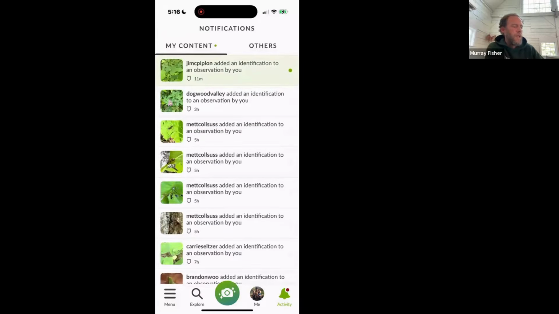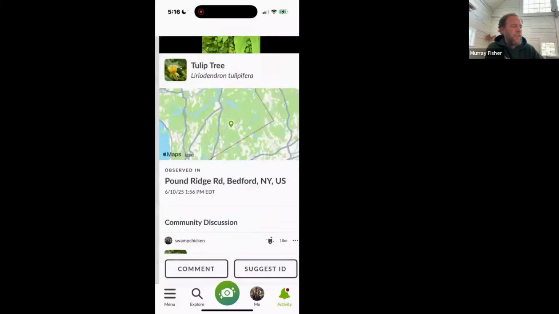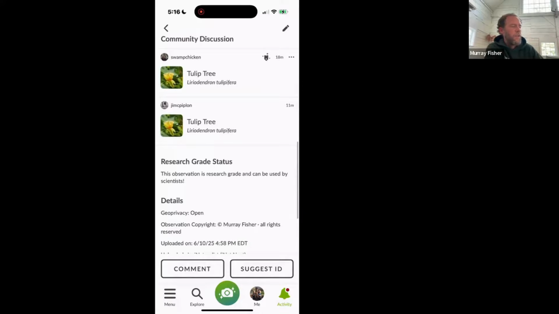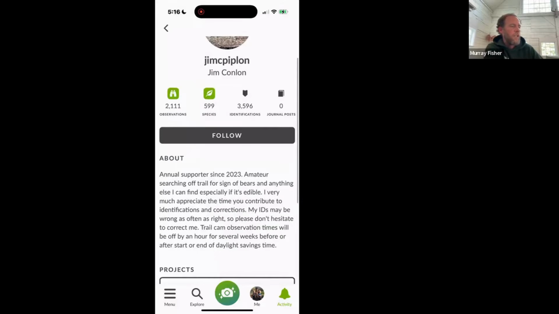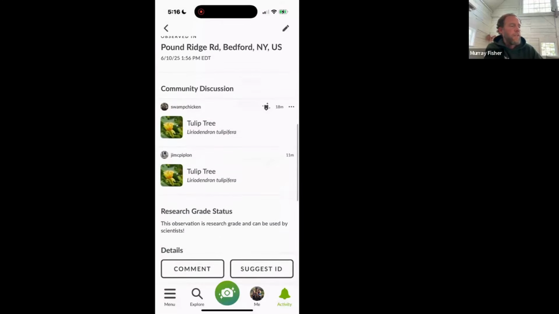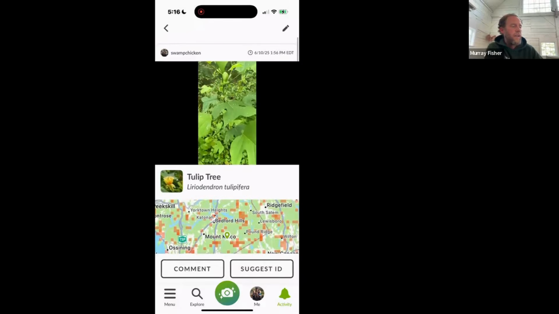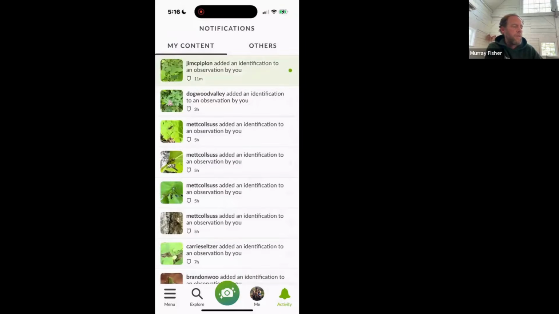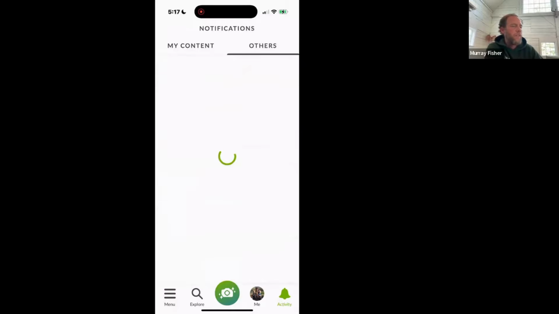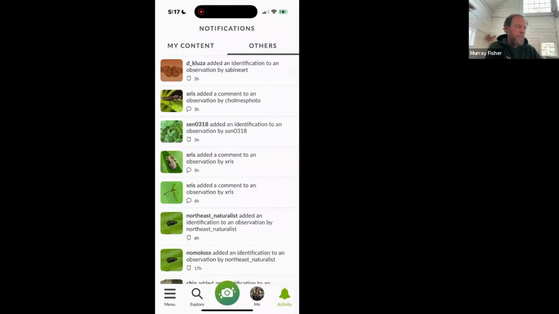This person added an identification to an observation of mine. So this person, J.M. Plimpton, right here, you can learn a little bit about them. Confirm that there is indeed a tulip tree. That's pretty basic, but really important. And then the notifications to the right where it says others at the top right, if you click on others, sorry, you can't see where my finger is, but if you click on others, this is the content of people